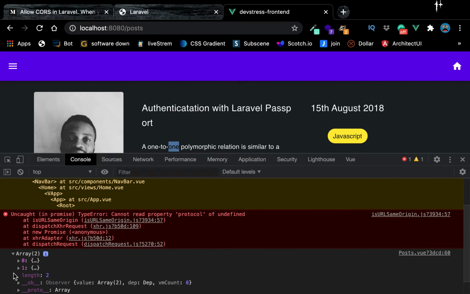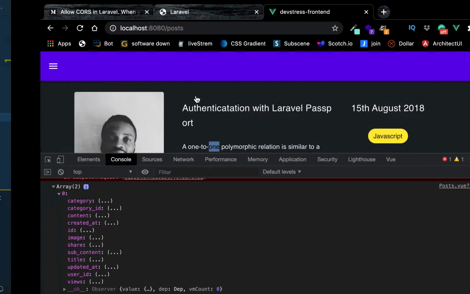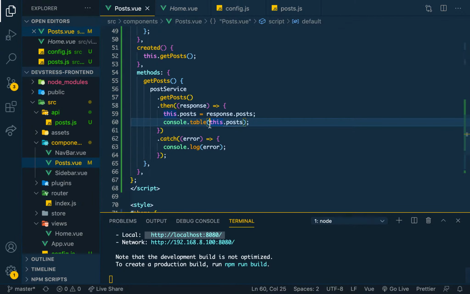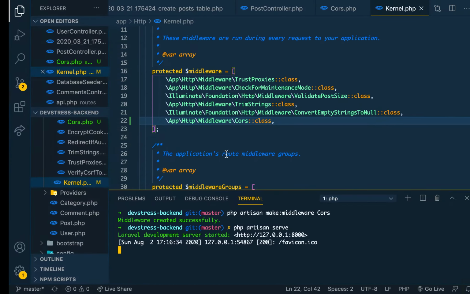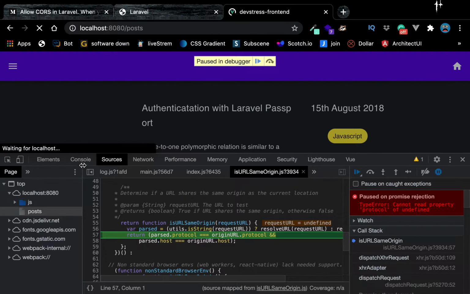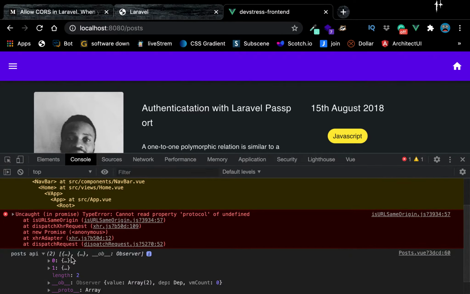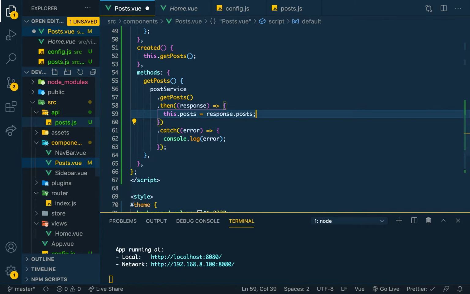So okay, so now we get it here. You can see it. So we can see our post is now running. So when you go to our front end, let's put an identifier here. Let's say post API, something like that. So it runs. We get a post API right here, so we can see. So it's working, right? So we can now close this,